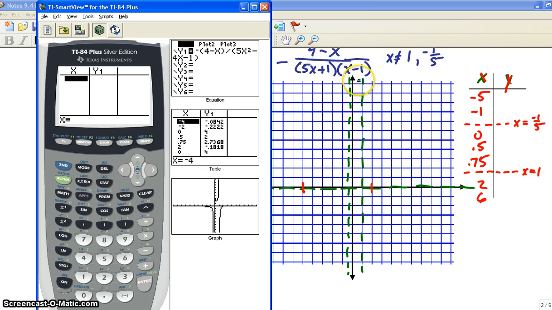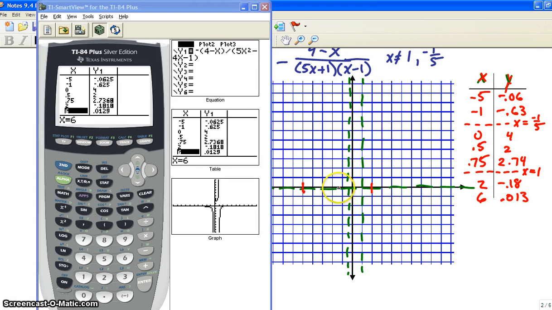Now if you typed your equation in y1, okay, and you type in -5 and hit enter, it's going to calculate exactly what the y value is, as long as you type the equation into your calculator correctly. If you're not typing it in correctly, you've got to work through those issues. You've got to get past that. Okay? So that's what I get for -5, and then keep typing in the rest of them, and then write down your y values. Pull out the points, -5, 1, -1, 2, 3, 4, 5,